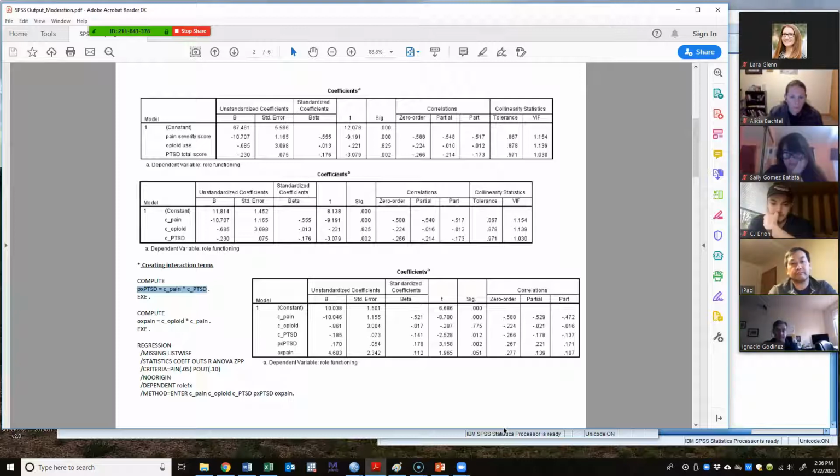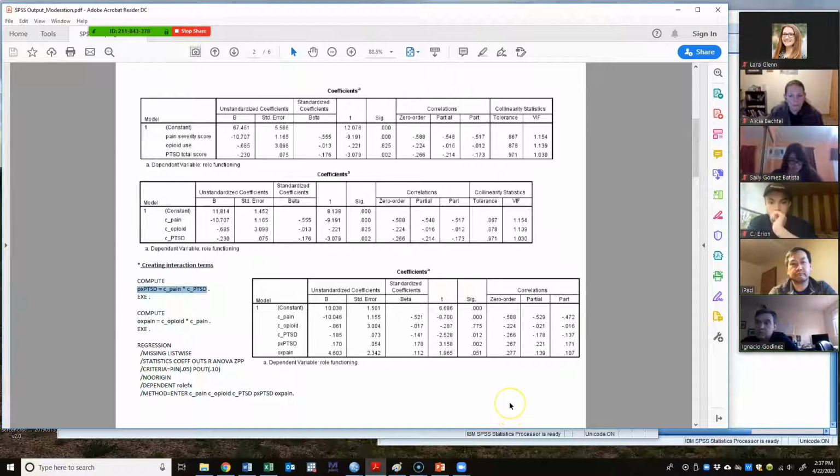Right. And so for our interaction terms, what are we seeing here? Both of them are statistically significant. The last one is in the threshold. So it's your call if you want to call it. Yeah. Probably what I would do is we're going to move forward and investigate both of these, but you'll see what's going on with this. I would say we have fairly strong evidence for an interaction of pain and PTSD, right? And we might have some weak level of evidence for an interaction of pain and opiate use,